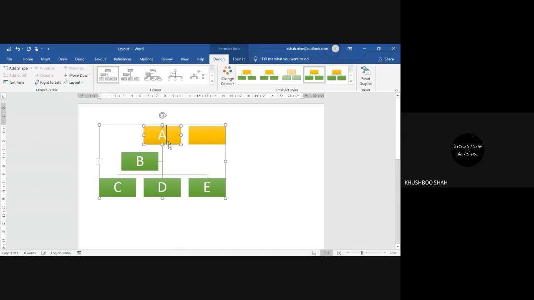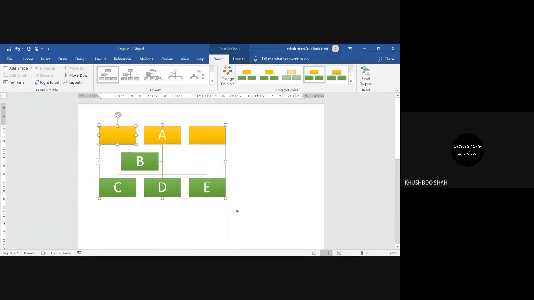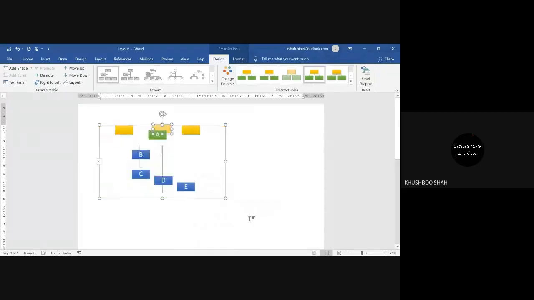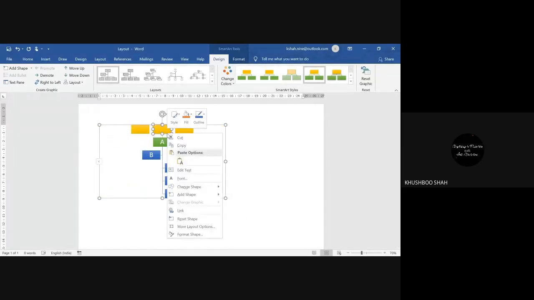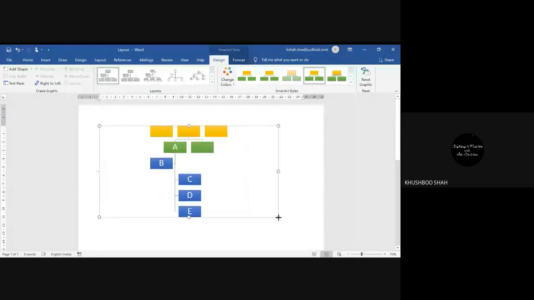Then let's say I'm saying add shape before, means before the current shape. Then let's say I'm saying above, so it will go above. Then below. So this way you can add different shapes.